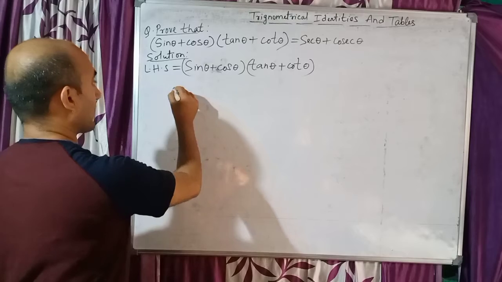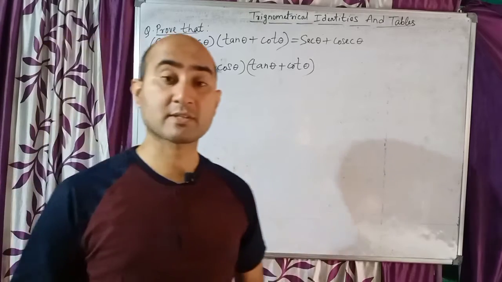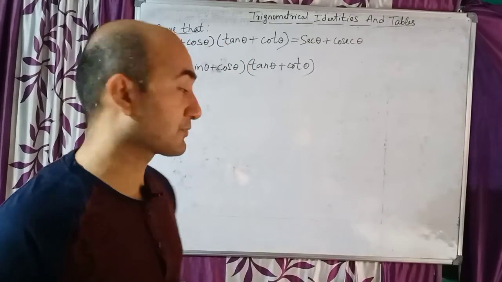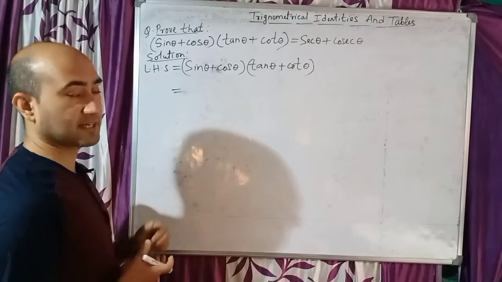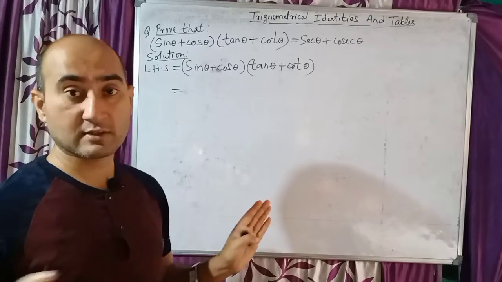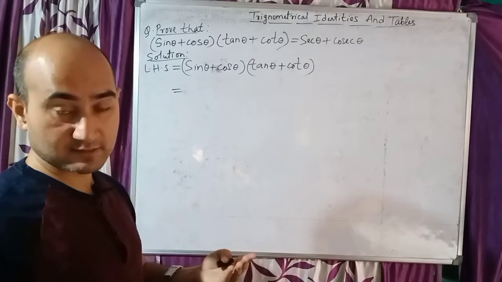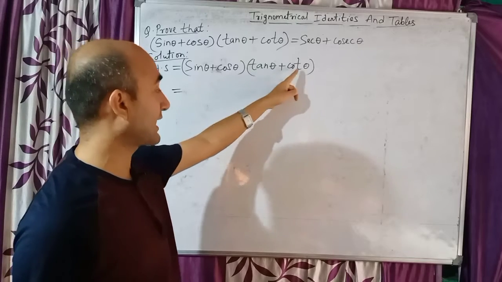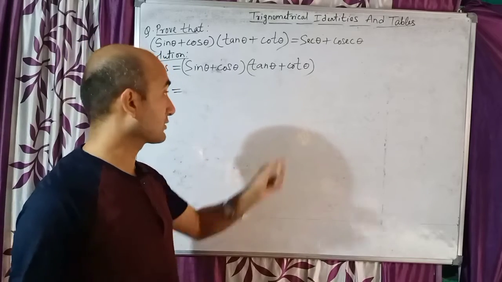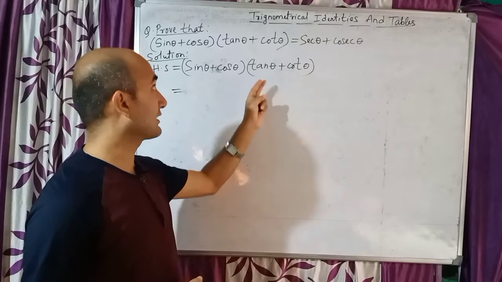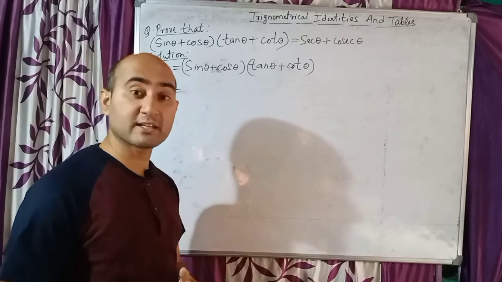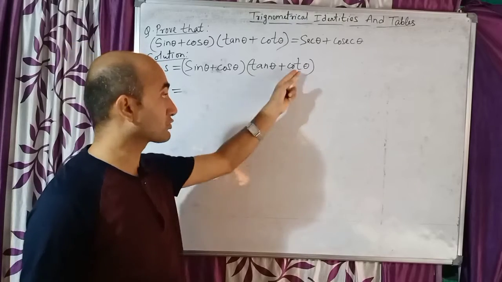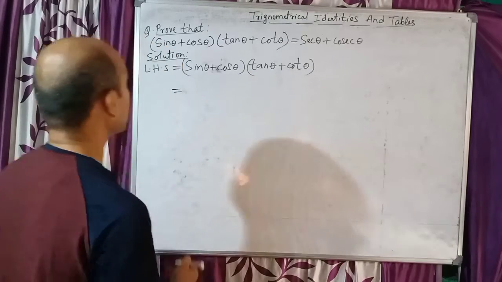Now children, as I have told you in my previous class, in this chapter the technique is like this: if it is sin theta and cos theta in the question, nothing to change, nothing to do. But if it is something else, like tan theta and cot theta, then these trigonometrical identities will try to make it either sin or cos. Tan can become sin and cos, cot also can become sin and cos. So I am going to tell you the formula.